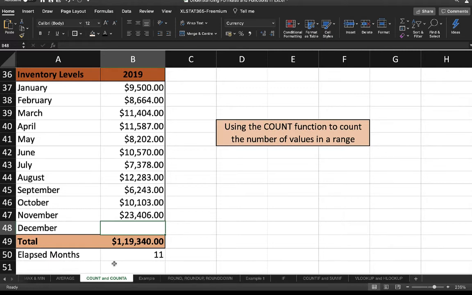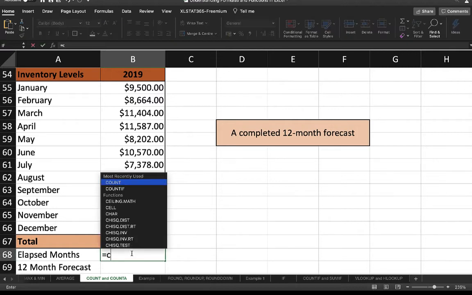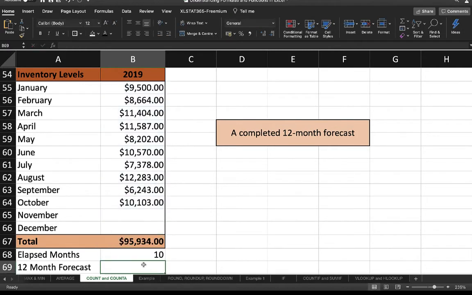But if I go with the 12-month forecast, I want to calculate the average monthly amount of inventory for the months that have already elapsed. Now you can do this by using the formula count from here to here. But I want to find out the 12-month forecast.